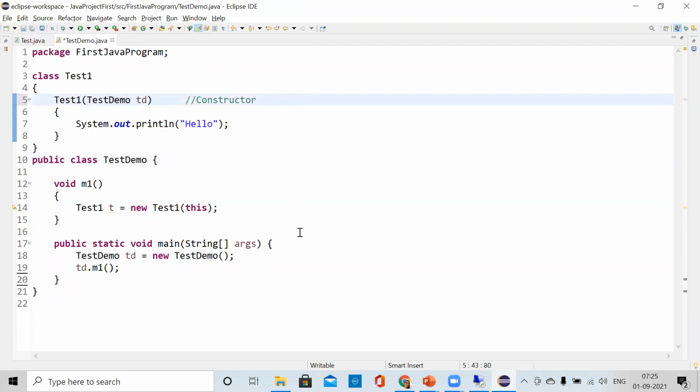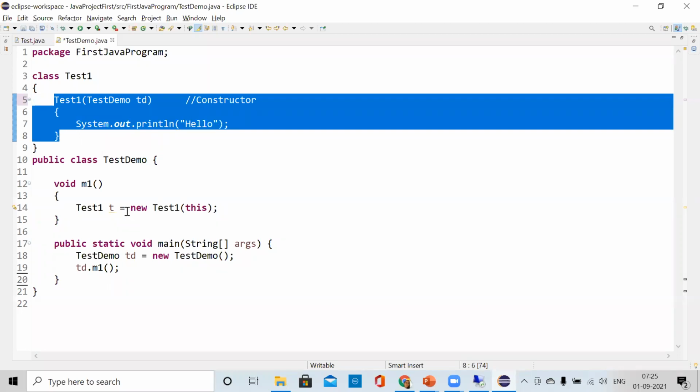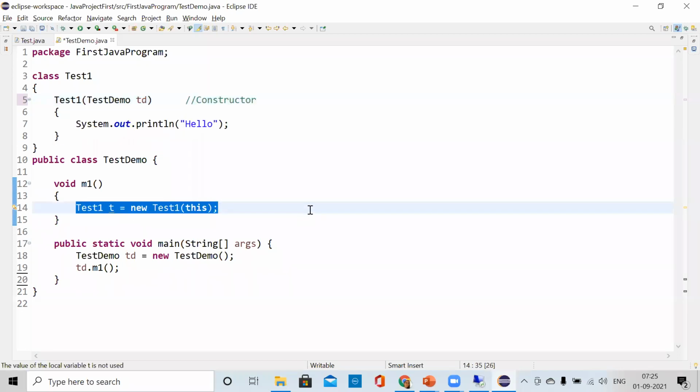So this is a parameter we are passing here in the constructor, and we are calling this constructor with the help of this keyword.